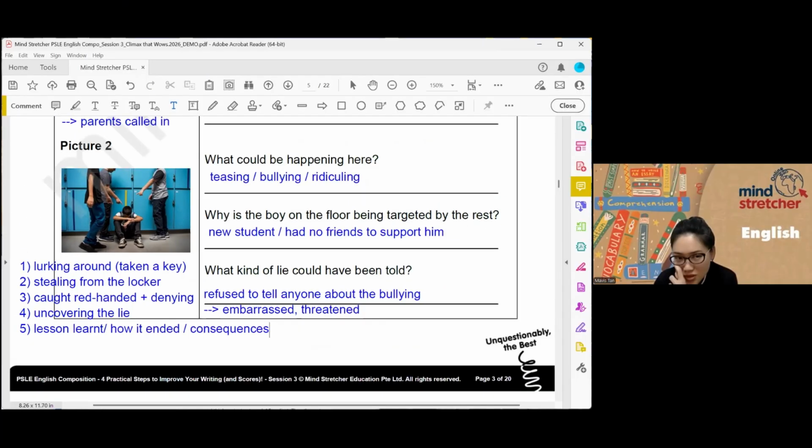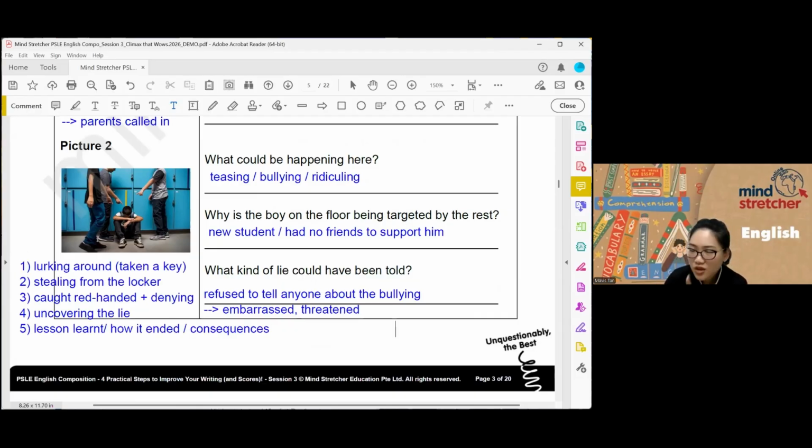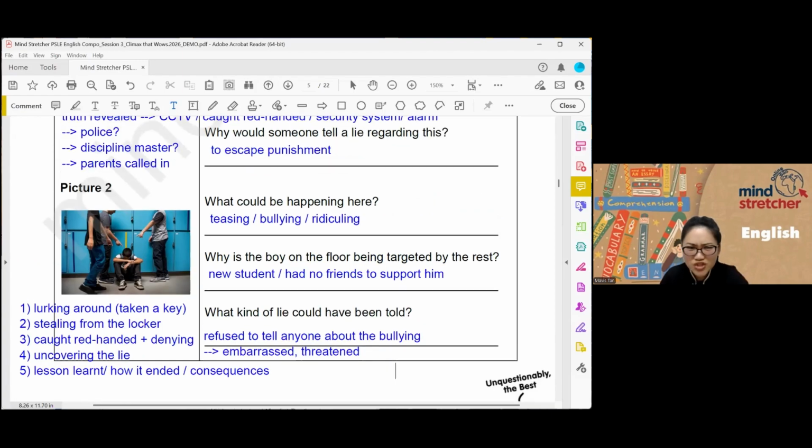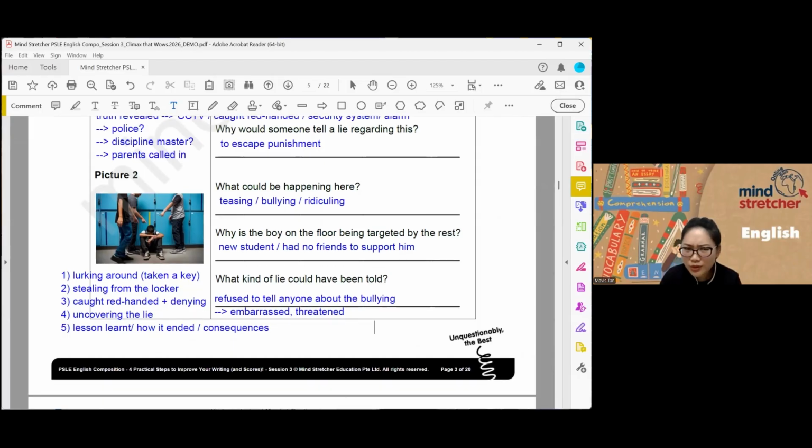Before I move on to the next picture, if we are looking at stealing, or someone who is lying about stealing, I think you're familiar with this storyline as well, right? Everyone thought that he was the culprit, but because of someone's lie, he turned out to be innocent. That's also possible. When they did a bag search, it was found in someone else's bag. So it could also be that someone had stolen and then he became the scapegoat. It could be that as well. So I'm just sharing some ideas with you. You may be able to apply them when there is a slight shift in the topic.